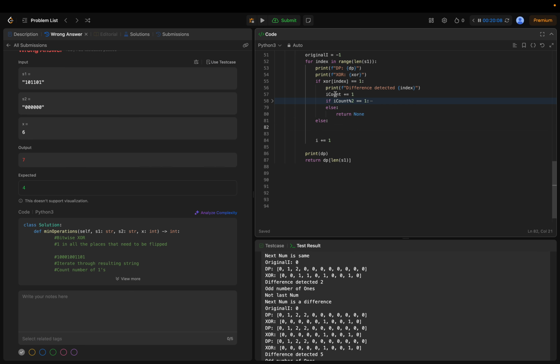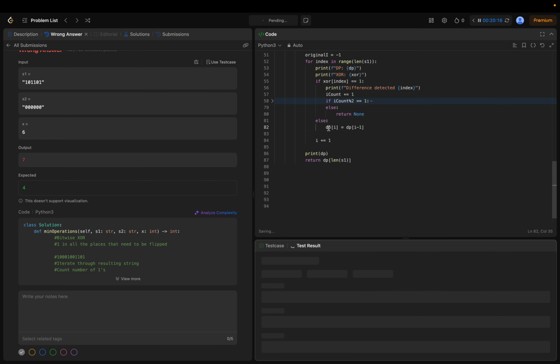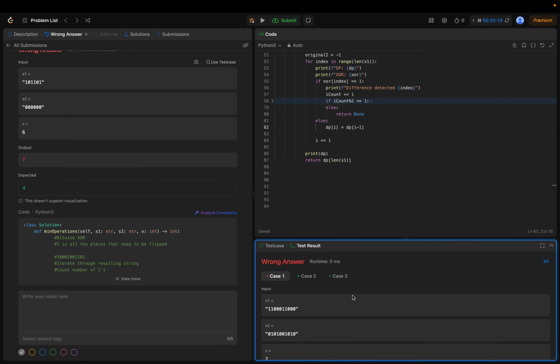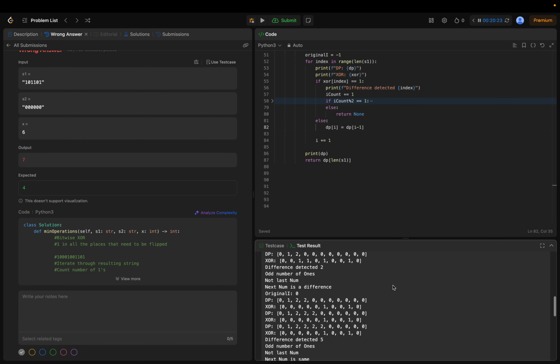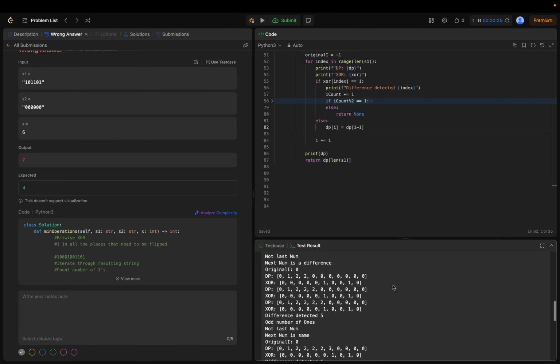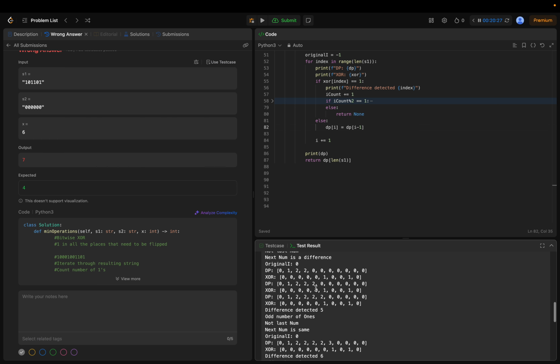If it's not equal to 1, then we just want it to carry over. So dp I to dp of I minus 1. So 2, 2, 2,